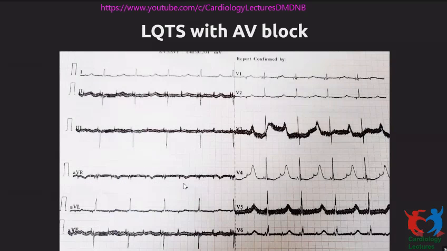This was an ECG shared with me by a pediatric cardiologist just about a month back, of a child that he had seen. You can see here, it's a noisy ECG, but if you look at V4, you can see very clearly there is bradycardia for a newborn. You can see a P wave here, which is conducted, and a P wave here, which is not conducted. There is 2:1 block. Look at the QT interval. The QT uncorrected here is about 800 milliseconds. Very clearly you can see the P wave is here. You obviously cannot get a QRS here, right? Because the T wave is there. So this is a functional 2:1 block because of a very prolonged QT interval. My advice on what was done in this patient was to put an epicardial pacemaker, and treat the child with beta blockers.